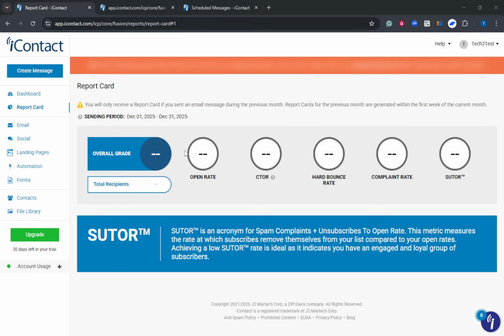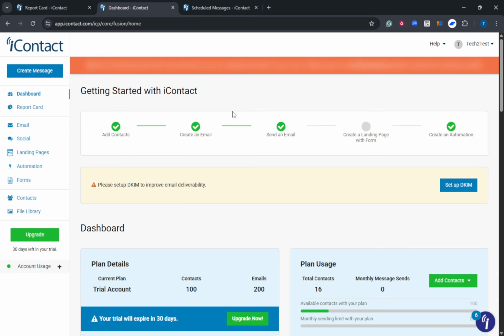To begin, log into your iContact account. Once you're in, head to the navigation. In the sidebar or at the top, look for the section labeled Report Card. Depending on your layout, it may appear under Email, or you might see it grouped with options like Reports, Tracking, or Analytics. Click into that area and you'll land on the Report dashboard, which is where iContact displays your campaign